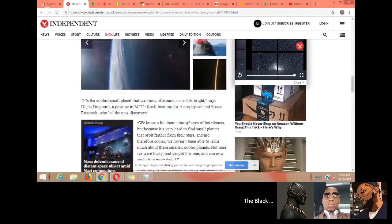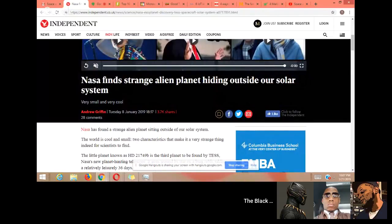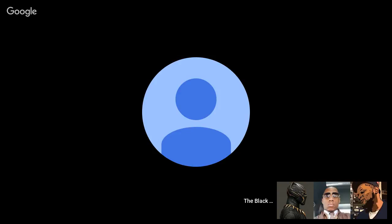What do you think about this, Lionel? I think it's cool. It shows that space in our galaxy, the entire universe, is not universal. It's not monolithic in terms of the laws of physics. This planet is so close to its sun, but it's cool. Obviously, we know planets that close to their sun in our solar system are hothouses. Mercury is just being burned up, and Venus is more of a hothouse. But this planet is cool, 300 degrees Fahrenheit,